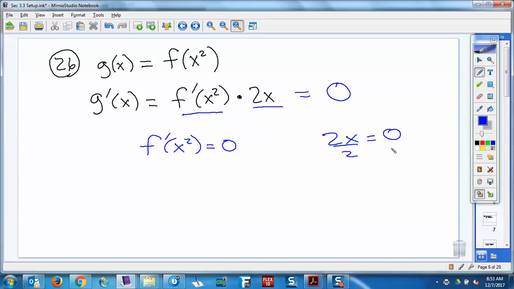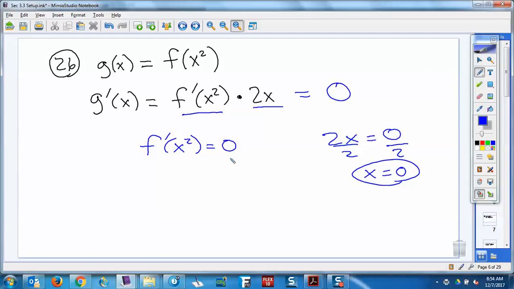Okay, well, I'll do this one for you. So there's 1. Where is this 0? What would you even look for? Well, where on that picture, this is the F graph, right? So on page 176, where down on that picture are you looking? At the vertex, right? Because that's the F graph. And so forget the X squared. The question is just, where is F prime 0? Well, that's at